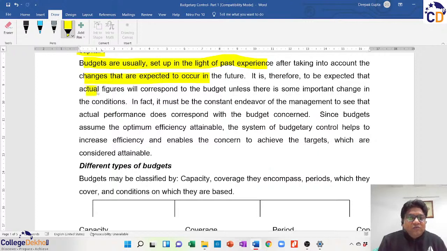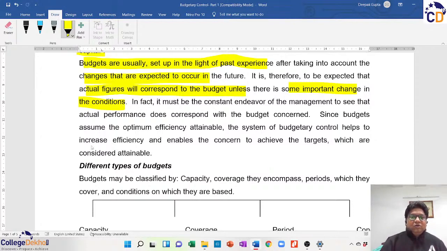Therefore, the actual figures will correspond to the budget unless and until there are very important or unavoidable reasons. So we normally presume that because we have understood the past very well, we have taken the lessons and we have anticipated the future to the best of our understanding. Therefore, unless there is any contingency or unexpected change, there will not be much anomaly